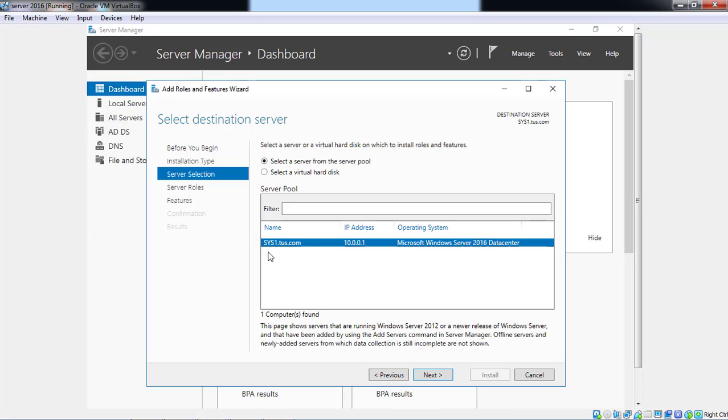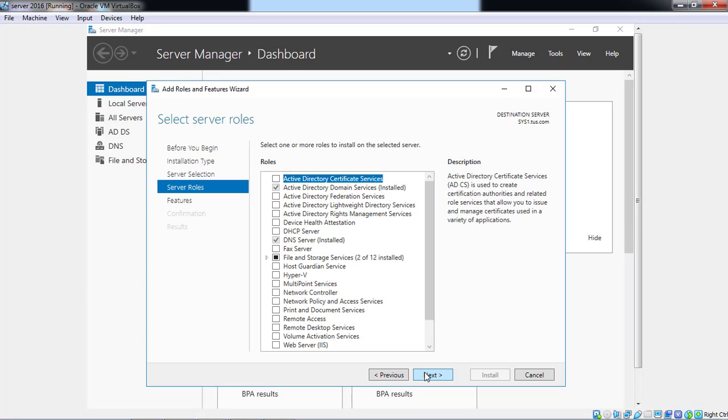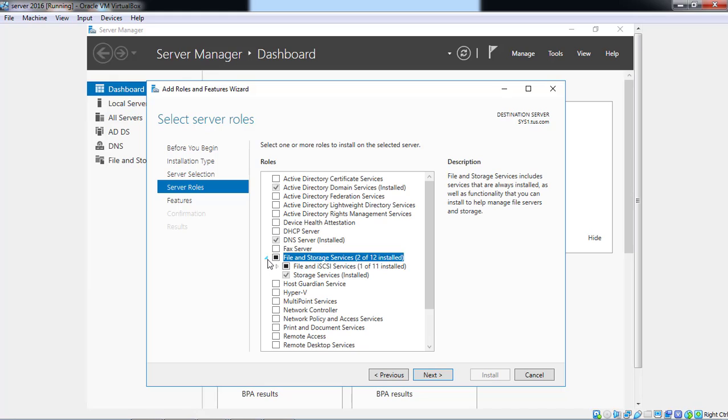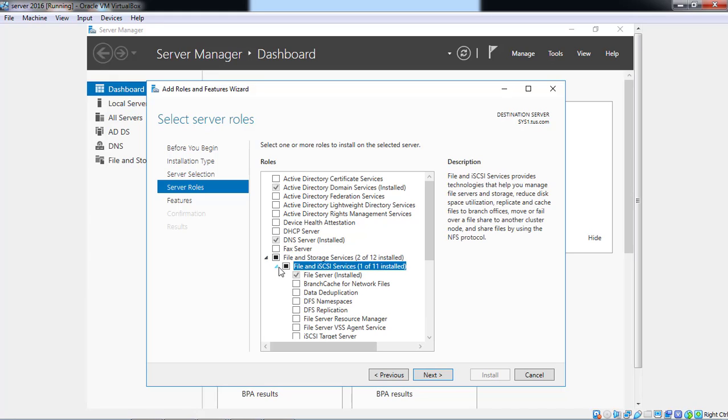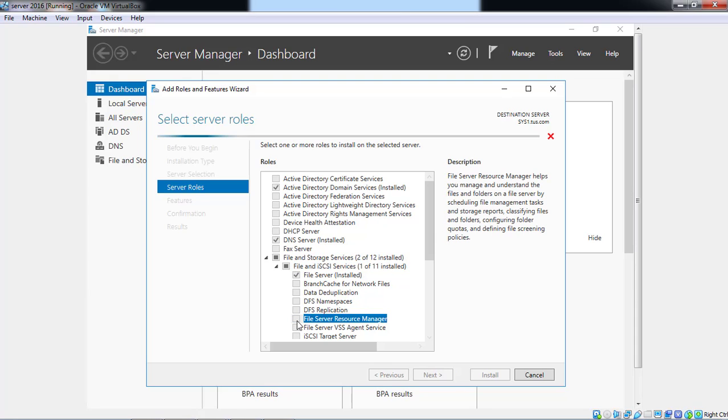This is our server name, sys1.tush.com, and our IP address is 10.0.0.1. Click on Next. Now expand File and Storage Services, expand File and iSCSI Services. Now click on File Server Resource Manager.